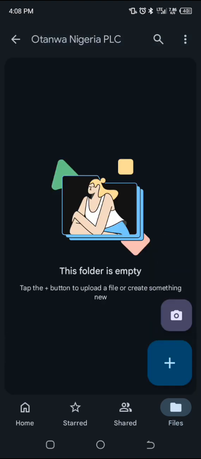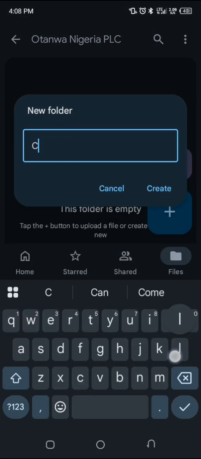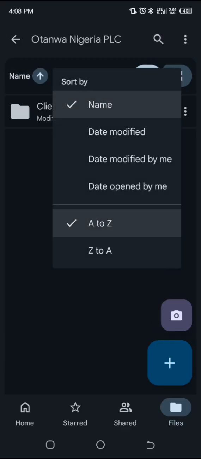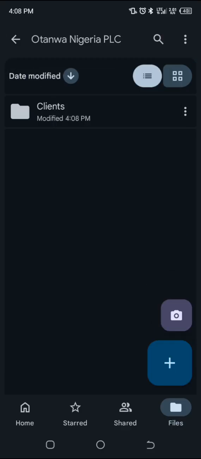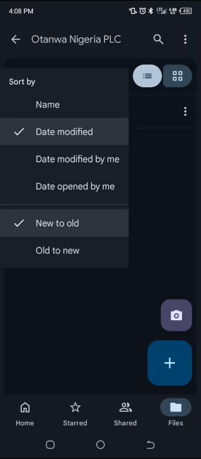So now I will create the subfolders. The 5 subfolders they say you should create inside the Ottawa Nigerian PLC are client, admin, document, finance, and meeting reports with template. So the first one is client, and it's there. So the second one is admin. First, I need to set this sort by so that if I'm adding the new ones, it will not affect it. So the admin now,